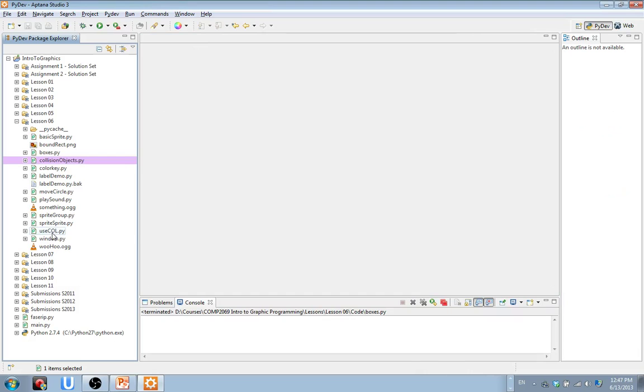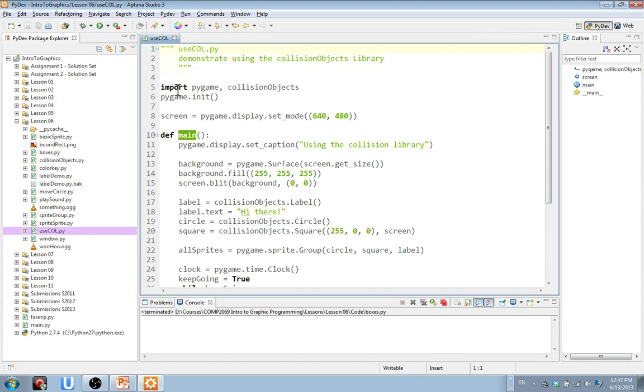And then we're going to import the other file that I have, which is called collision objects. So when you import your own file, that has a bunch of classes that are useful, like we made a circle, a square, and a label, and you want to import them into your code, you're literally cutting and pasting code that you can't see. When the file is actually running, in run mode, you're cutting and pasting that stuff inside your file. And you have to tell Python where to get it, and you exclude the .py